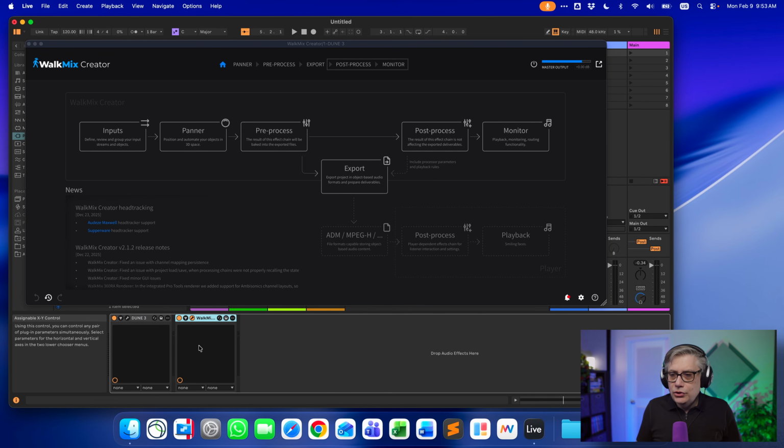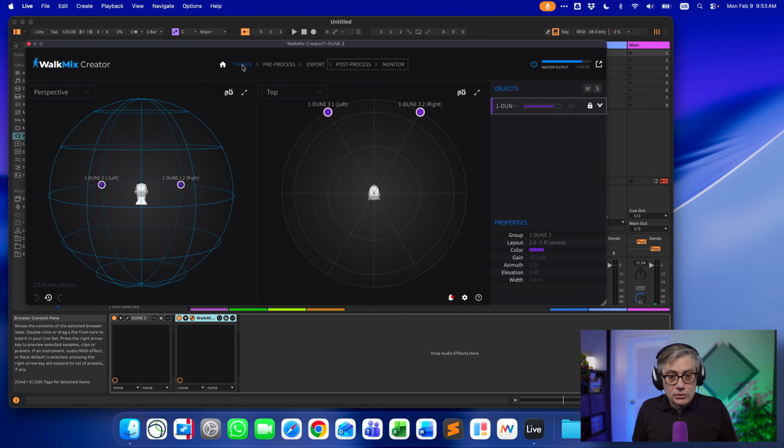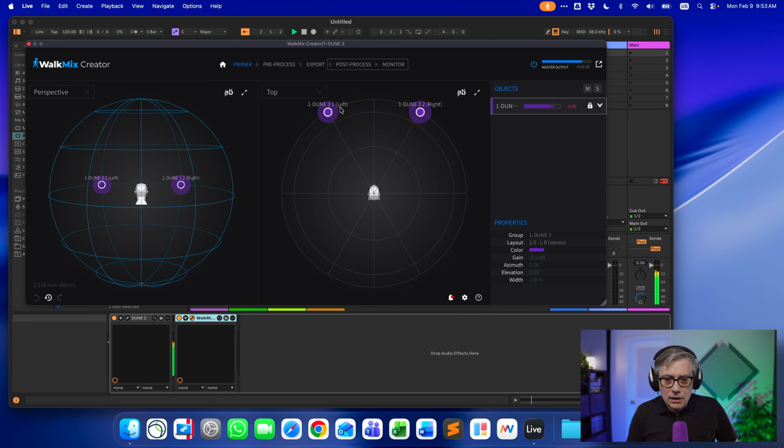And I'm just going to show you how that would normally be done. Normally, the way this would work, well, first of all, we need to enable that here. But you would just move the objects around. Now, in this particular case, we have two objects, a left object and a right object, so essentially coming from the left and right channel. So what I would do is simply play the audio, and then I could move the objects around. And I would have to automate that.